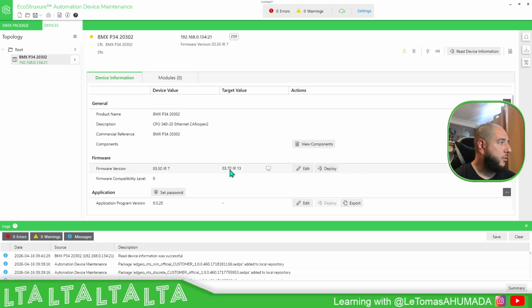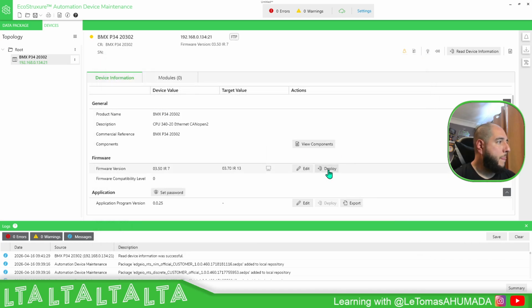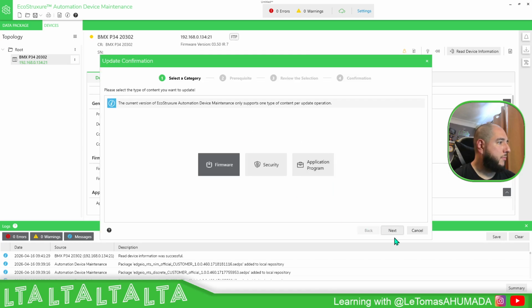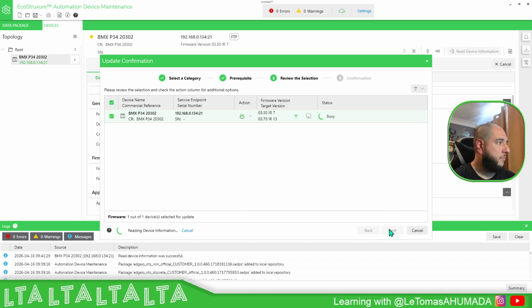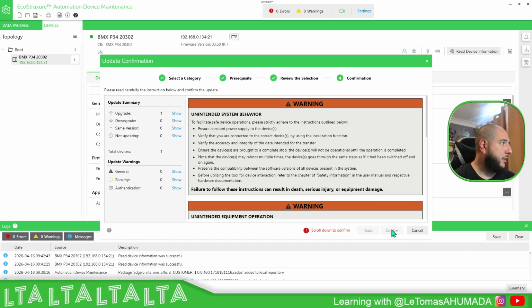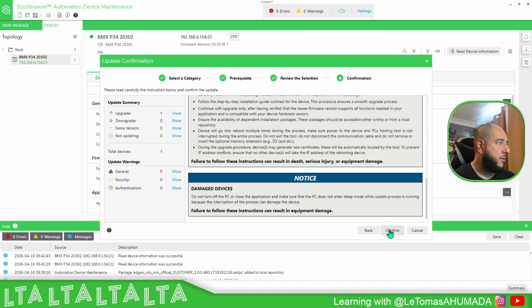This is the firmware that I want. You can edit this, select the new one, and then just deploy. So I'm going to deploy this. Firmware selected, next, next, and here it's going to do the things now. Okay, so we check, it's going to be an upgrade. Next, you just need to read all this and then confirm,